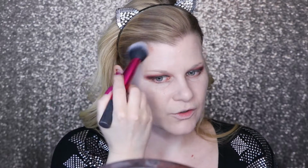It's in a little pot because I had to depot it. If you saw my empties, you'll know why, because the packaging basically broke. But this is the Milk Bronzing Stick, no longer in stick format. I want to get some use out of it because I paid 20 bucks for this sucker and the packaging broke on me, so I'm very pissed off. But we're just going to go straight into the thing and directly onto...